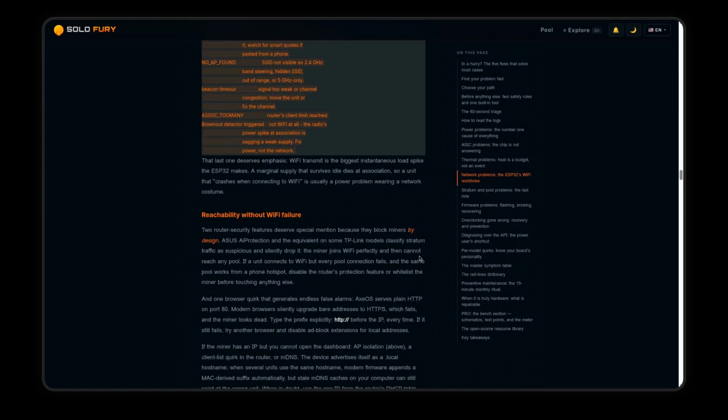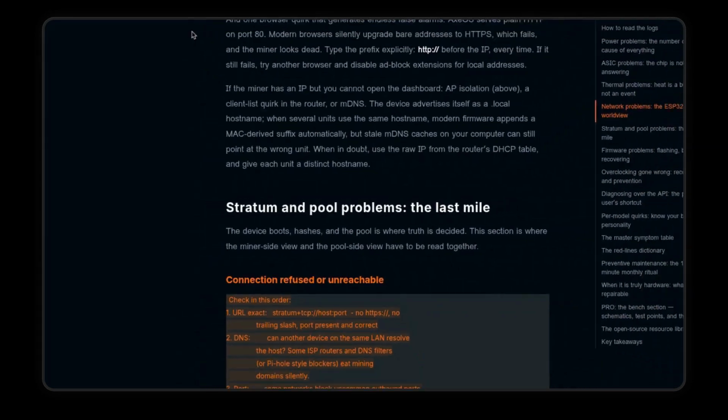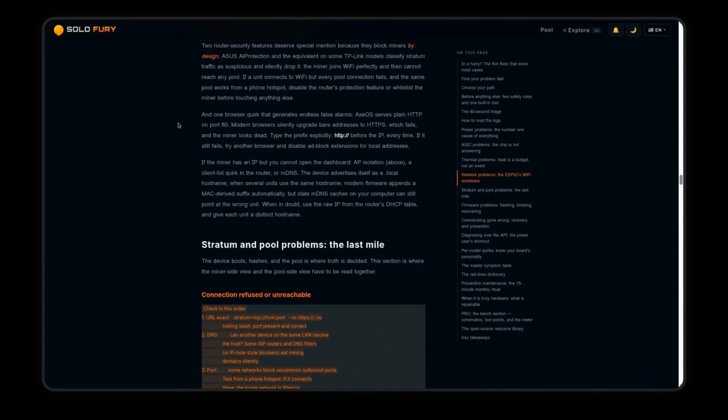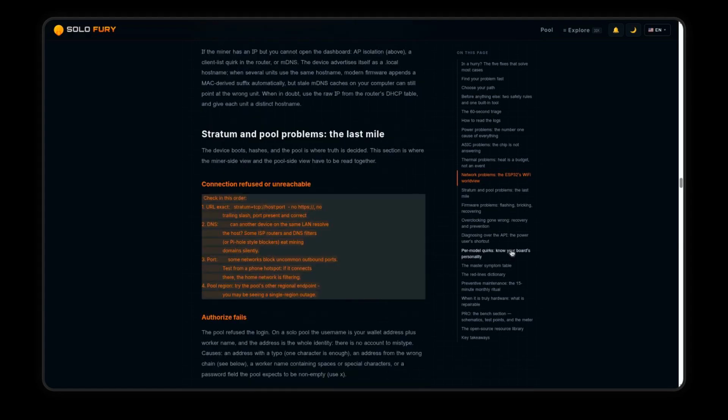As we move further down the guide, we arrive at the Stratum and pool problems section, which represents the last mile of communication. This part of the troubleshooting workflow focuses on the specific handshake between your mining hardware and the pool servers. Within this area, you'll find solutions for connection refused errors and authorized failures that keep your hash rate